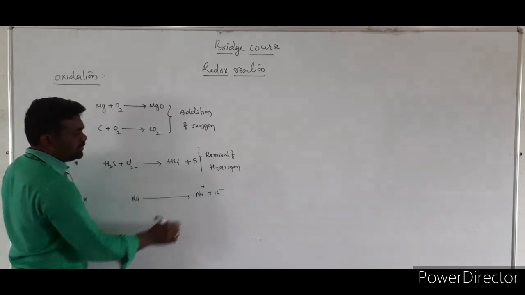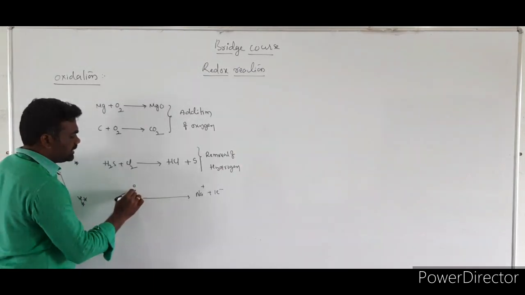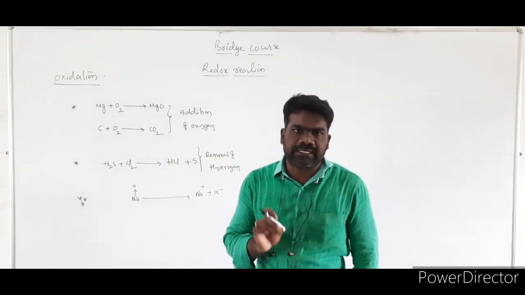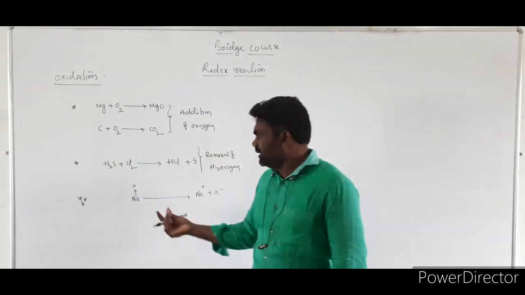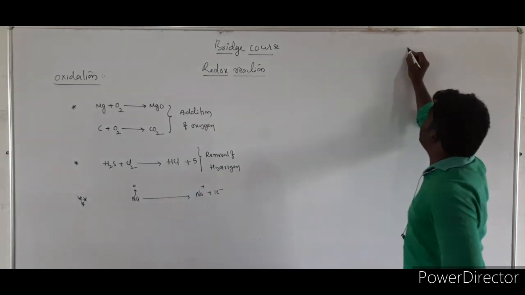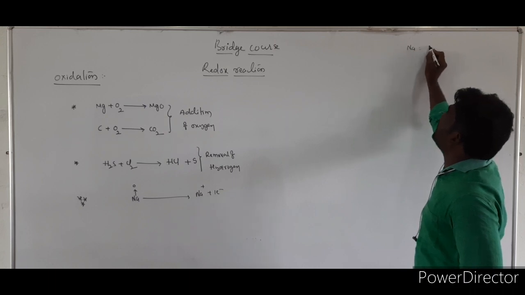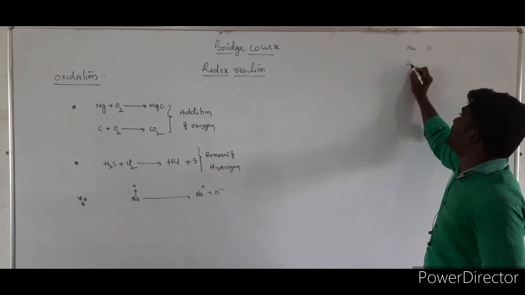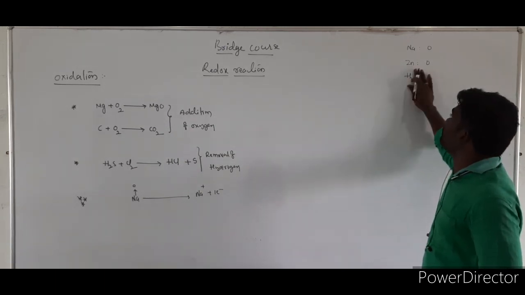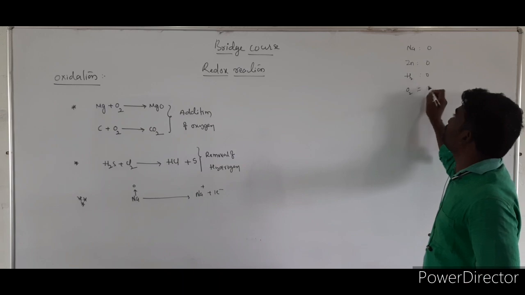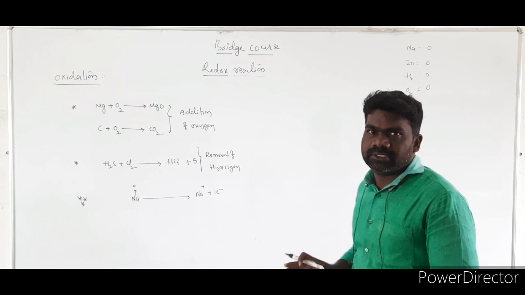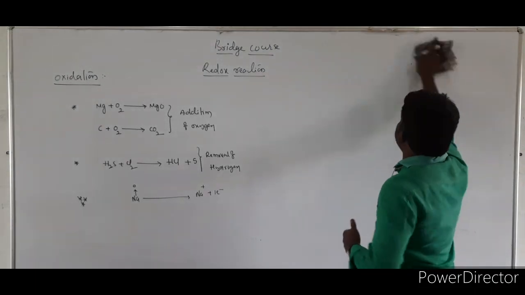So from here to here, this is the elemental state. One more important point: any element given to you, that element's oxidation number is taken as 0 because it is neutral. So sodium is an element, its oxidation number is 0. Zinc is an element, oxidation number 0. Copper element, oxidation number 0. Even hydrogen oxidation number is 0. Element oxygen, oxidation number is 0. In the elemental state we have to take oxidation numbers as 0. This point we should not forget.